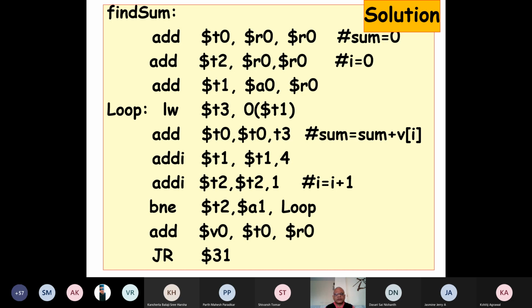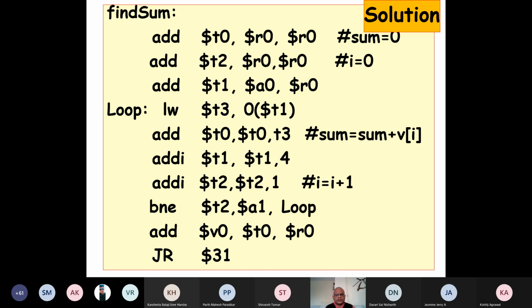What do we do next? We will add that to T0 to accumulate in the sum. Okay, so we added to T0 and we have got the sum accumulating in the T0 register. Now we have added 4 to T1 and also added 1 to T2, because T2, remember, is keeping the count of how many numbers we have added.